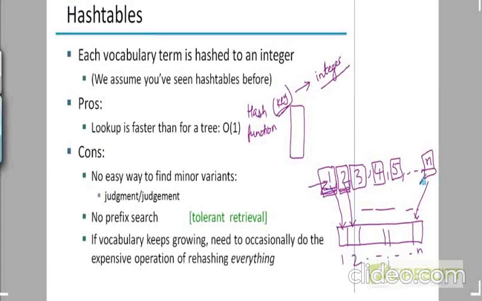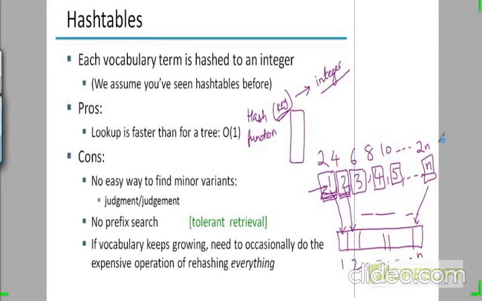Now suppose these numbers had been instead of 1 to n, suppose they had been 2, 4, 6, 8, 10, and 2n. Now these may not be roll numbers, but let's imagine that roll numbers have necessarily to be even numbers for some strange reason. So these are n roll numbers. All n of them are even integers, but all of them are in the range from 2 to 2n. How do you store all the records for the students now?